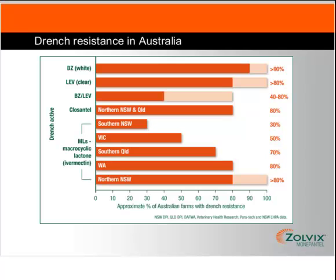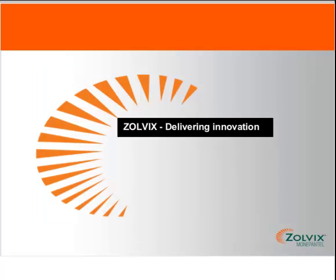I guess the other point I'd make is that drench labels are historical data in many ways, because it represents what the claim set of those products were at the time of their release. And in many cases it was 20 years ago or more, so resistance will have potentially changed the efficacy of many products. I think that's enough on that. So if we just get on to Zolvix now,